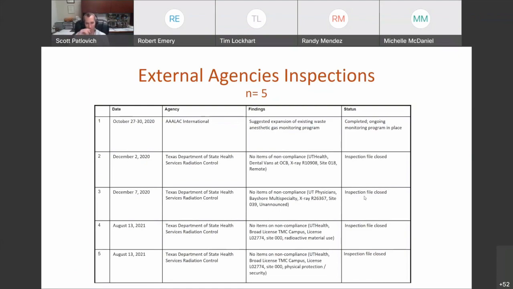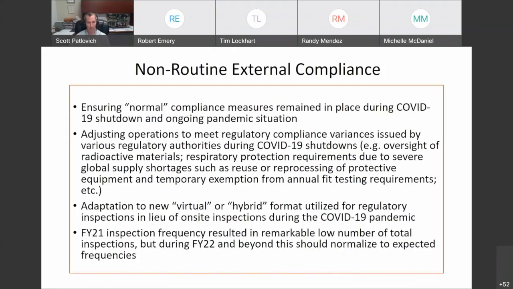We also saw modified approaches to regulatory inspections that were conducted, having virtual or hybrid inspections rather than fully on-site inspections, but overall a remarkably low total number of inspections. We always report on any findings or non-compliance issues, of which we did not have anything significant this fiscal year. But we do always tailor our improvements around any regulatory findings that may occur.